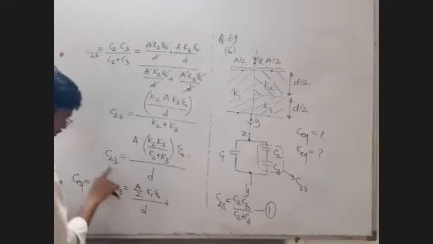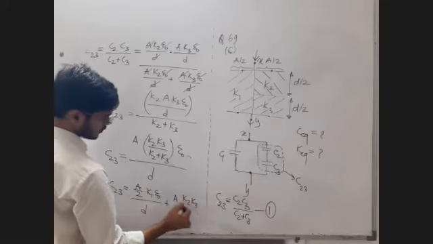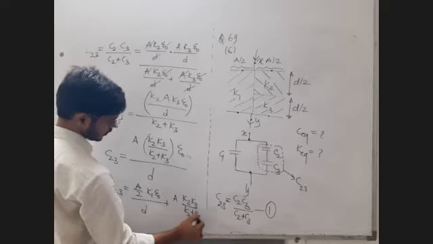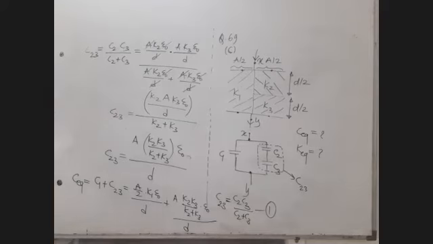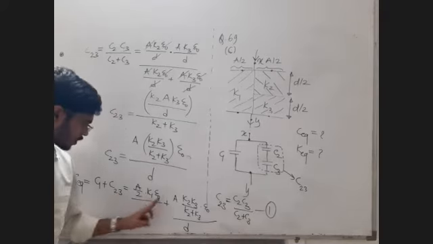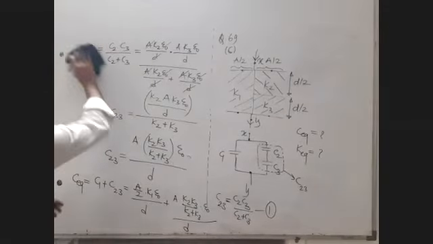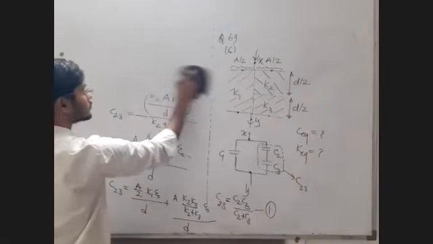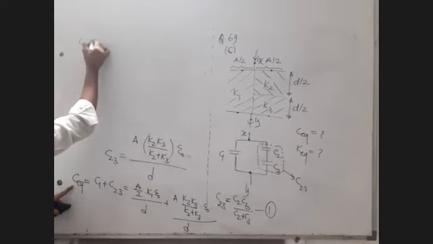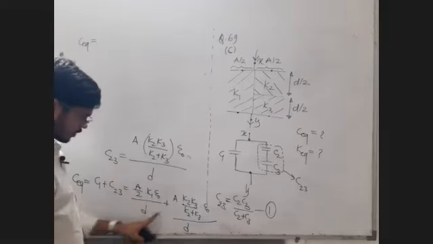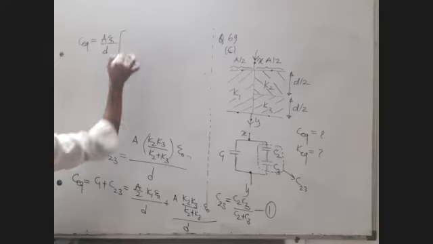This is C1 plus this C23 capacity: A, then all the K terms, K2 K3 upon K2 plus K3, epsilon 0 upon D. What you can take common is A epsilon 0 upon D. So the equivalent capacity of my circuit is A epsilon 0 upon D common, into the bracket,